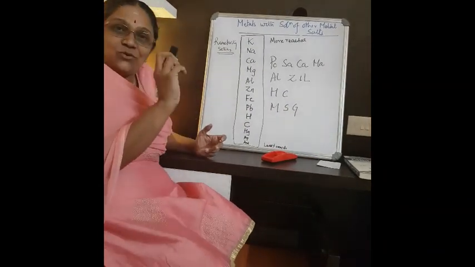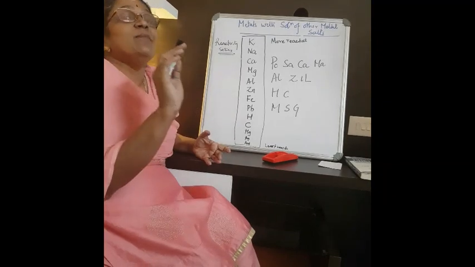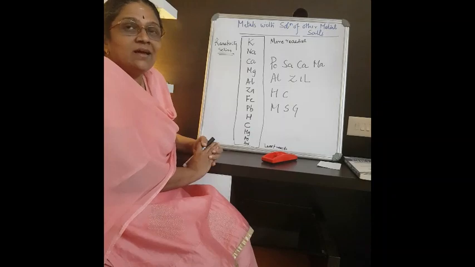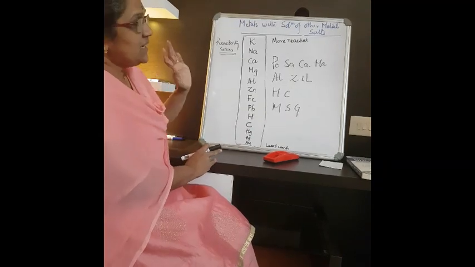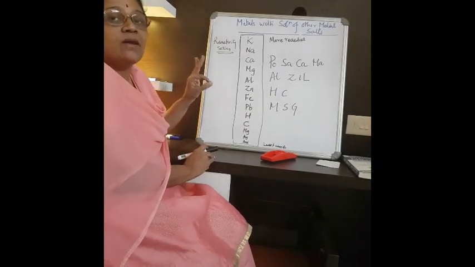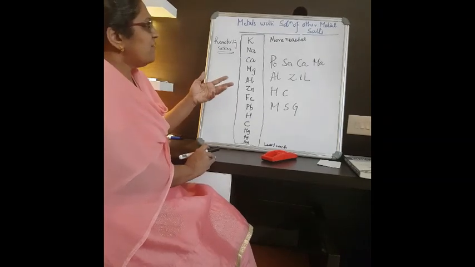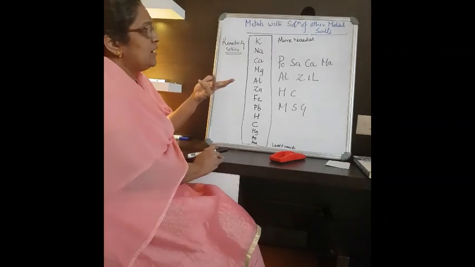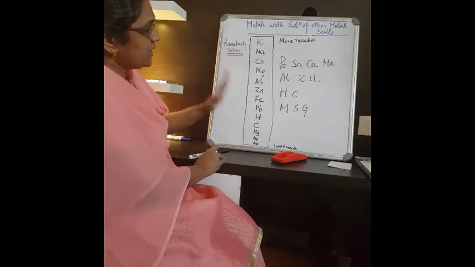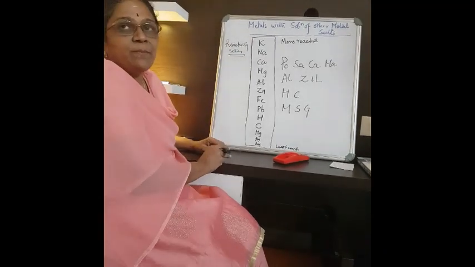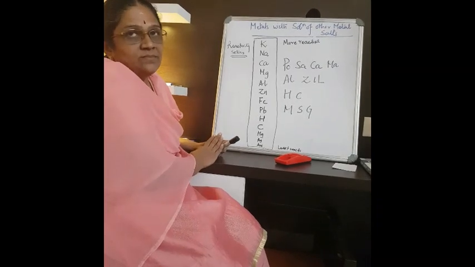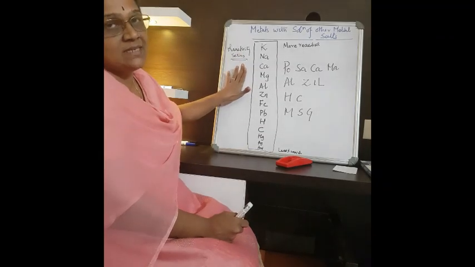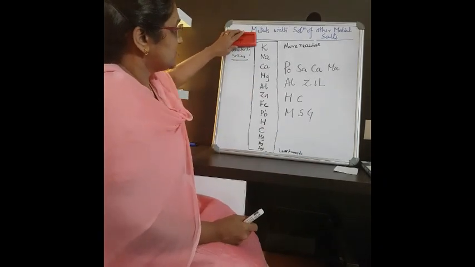Now what I want you to do is make a mnemonic of your own. Let us see how you make the mnemonic of this reactivity series. Each one should make your own mnemonic. You can have anything, like potassium, K. You can have any word if you remember it well. So just prepare one mnemonic on your own. This is all about the reactivity series. Is it clear?